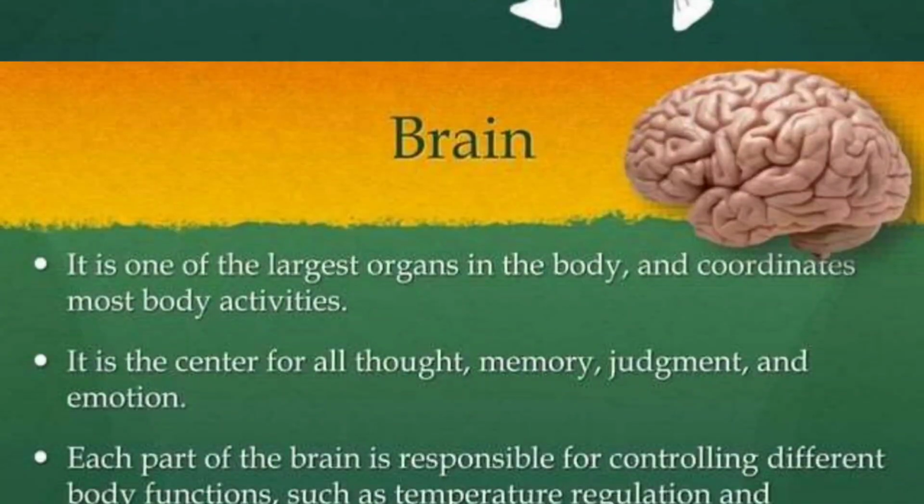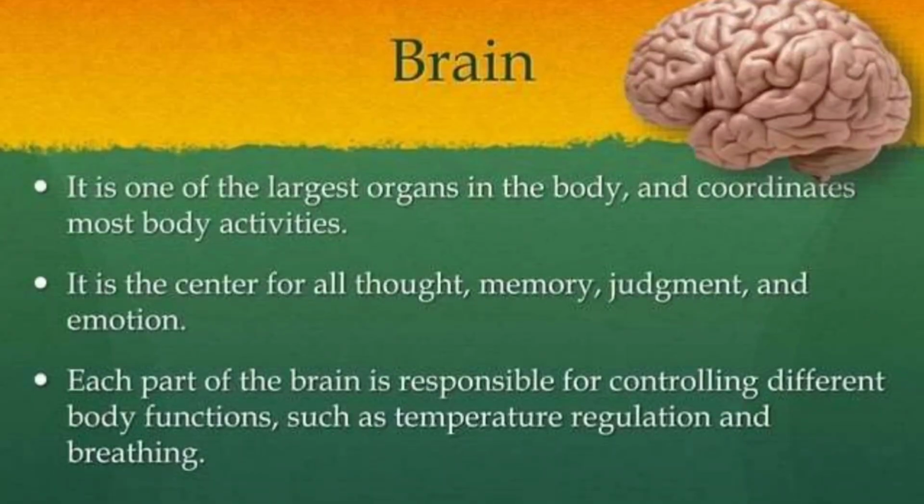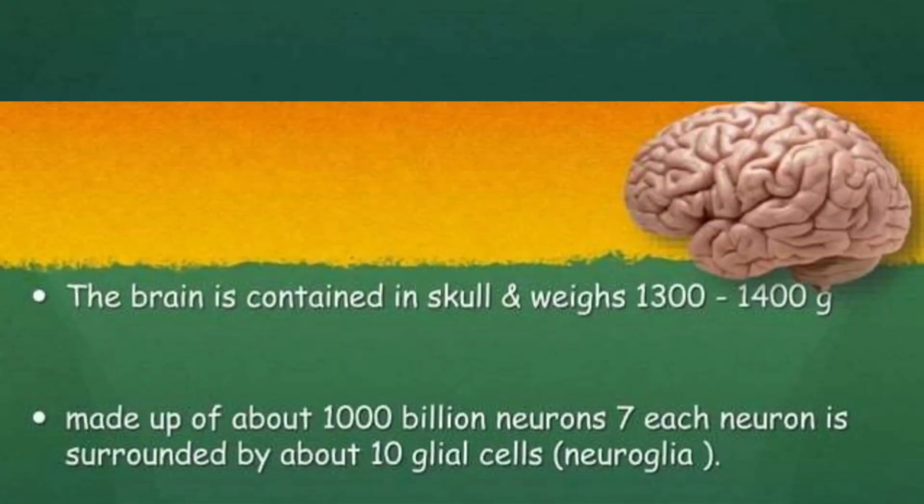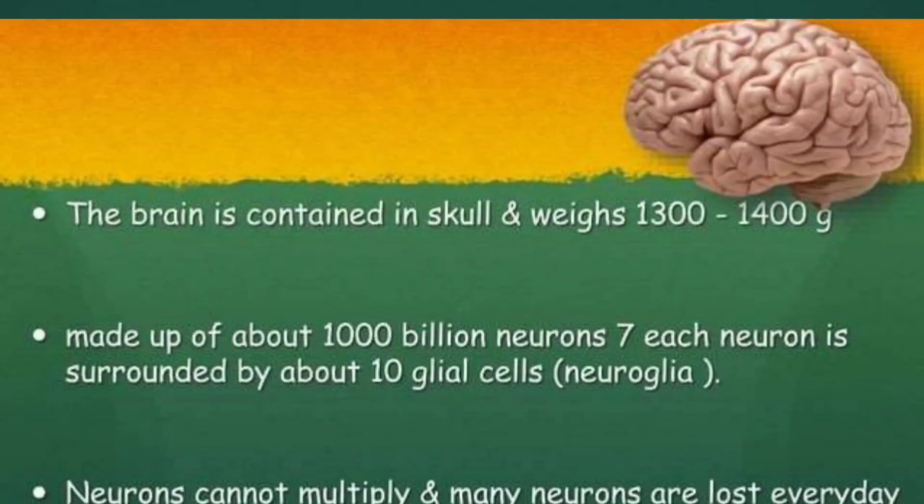Brain. It is one of the largest organs in the body and coordinates most body activities. It is the center for all thought, memory, judgment and emotion. Each part of the brain is responsible for controlling different body functions such as temperature regulation and breathing. The brain is contained in the skull and weighs